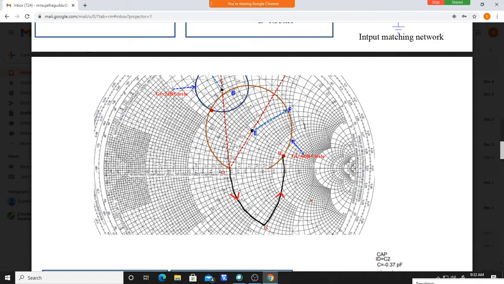Up to these gain circles, I think it's enough. I have told a lot. Now we will go to the third unit. The impedance matching network I have included in the third unit of your RF and microwave. You already studied that in the previous semester, but again we will review that chapter.